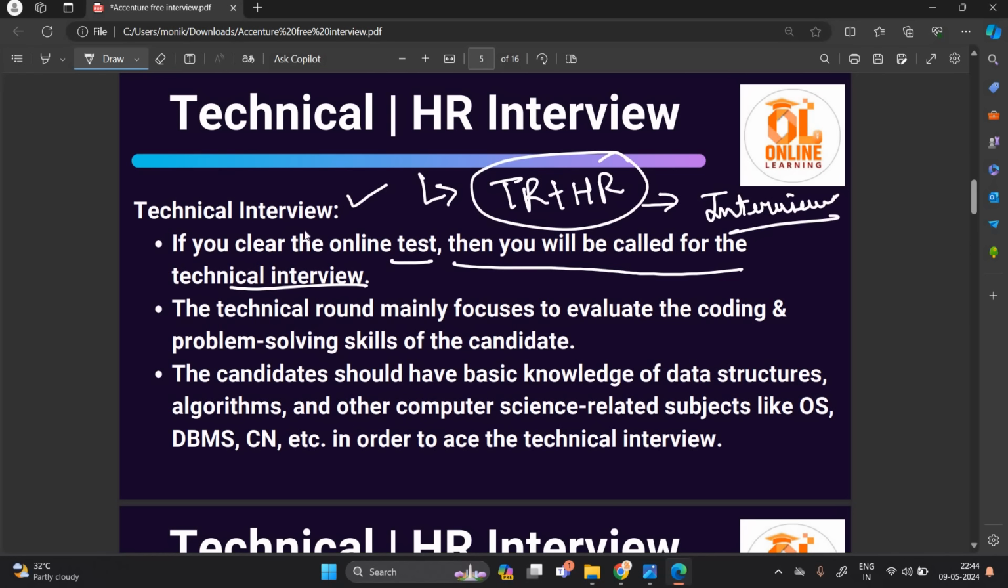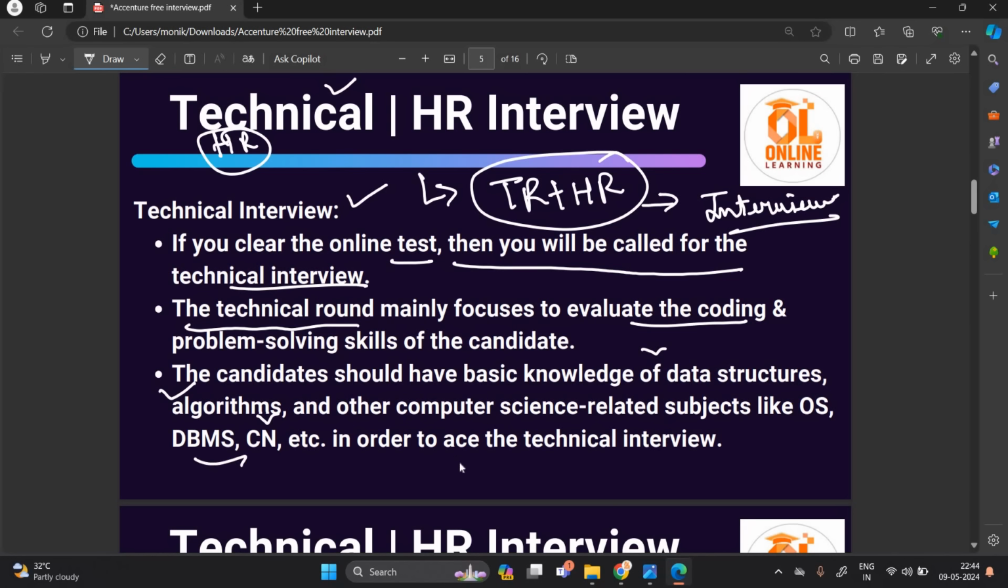Most probably, in some interviews only HR questions are asked, and in some interviews only technical questions are asked. The technical round mainly focuses on evaluating coding and problem-solving skills. The candidate should have basic knowledge of DSA, like data structures, algorithms, and other computer science subjects like OS,